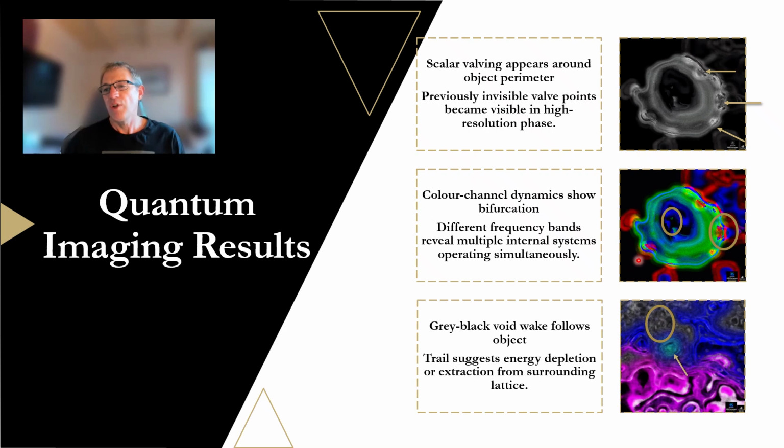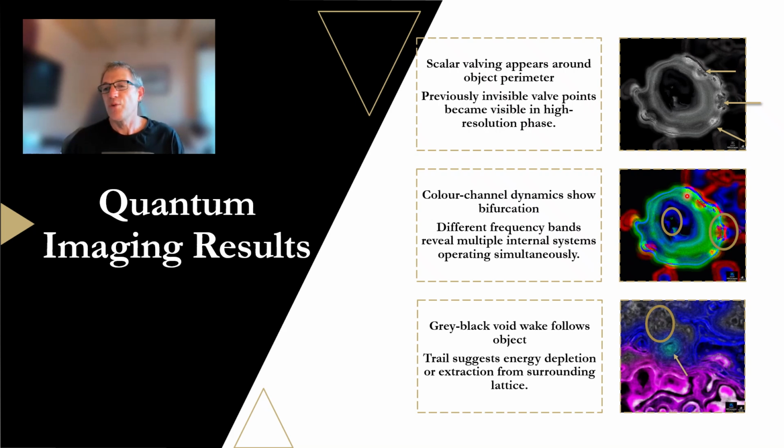So red moving away, blue towards. You can see here a lattice node coupling where there's some sort of energetic ingress into the structure itself, in terms of red towards, red away and blue towards. We get this flattening off too when we see this nodal coupling or bursts of energetic increase coupling with the nodes, and around here again you can see it, and then you get the energetic ingress. So there's two different things. There's the index valving or energetic coupling, and then there's ingress into the object itself.